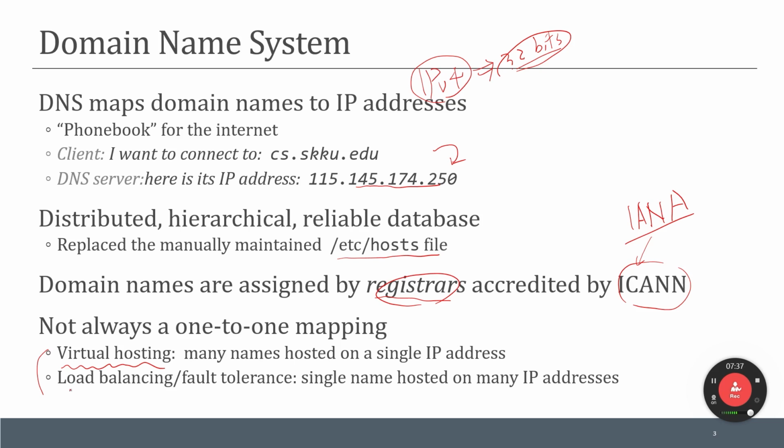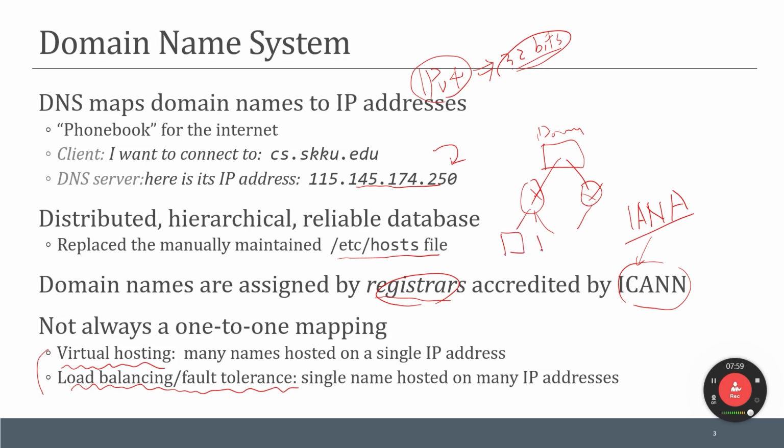And because of load balancing and fault tolerance, a single name can be mapped into multiple IP addresses. So here, load balancing means that you have one domain name and we have two different routers, something like that.